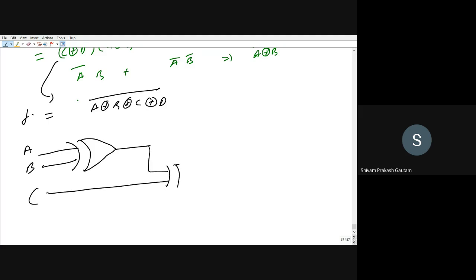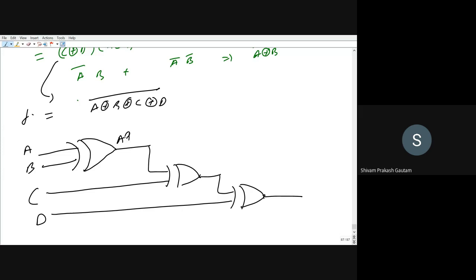This will be C, this will be D. So here you will be getting A XOR B. Here you will be getting A XOR B XOR C. Here you will be getting A XOR B XOR C XOR D. And for NOT gate, you have to pass it through a NOT gate. So this will be the function. So the only extra term we are getting is this NOT gate because of this complement. Is it okay? This is for odd parity